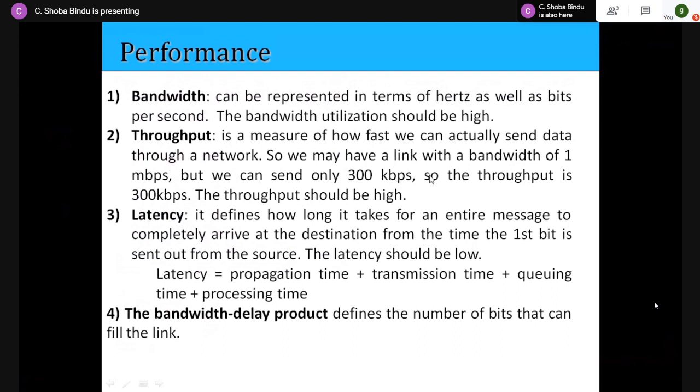So you may have a link with a bandwidth of 1 Mbps, but we can send only 300 kbps here. Sometimes you may not be utilizing the entire bandwidth, so only a part of the bandwidth will be utilized. So the throughput will be 300 kbps here. So per second, you are able to transmit 300 kbps, even though the channel can transmit 1 to 10 to